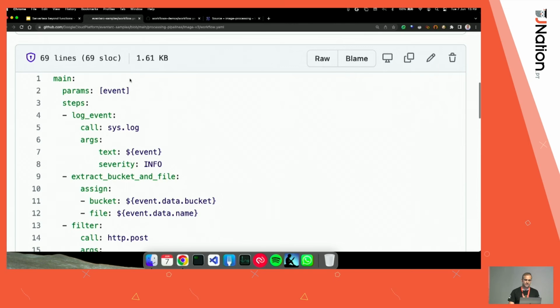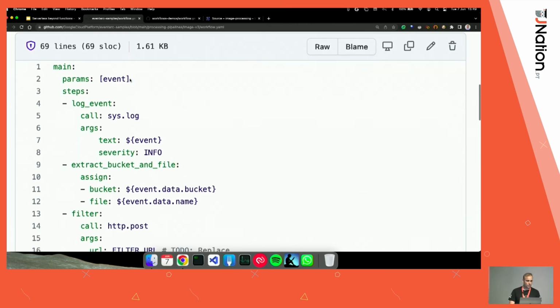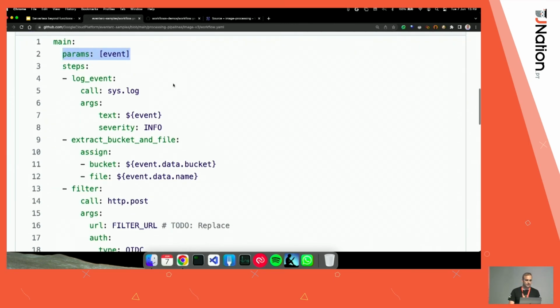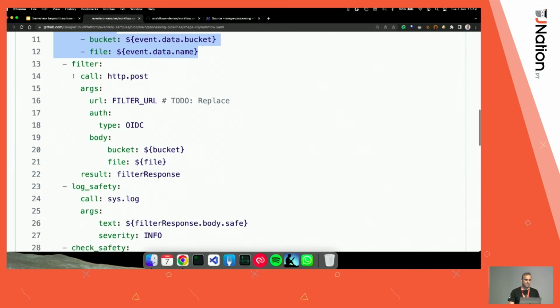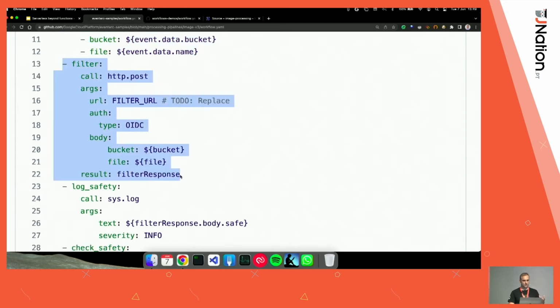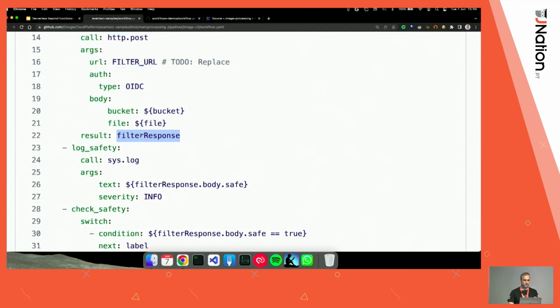Yeah, so this is the workflow. It will receive an event, then we log the event. Then from the event, we extract the information about the file, the name and the bucket information. Then we call the filter function, where the filter URL will be replaced, and get a response.